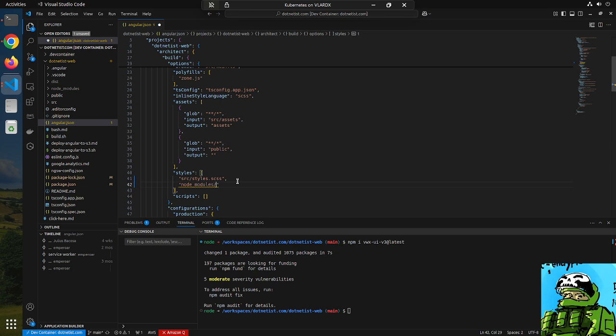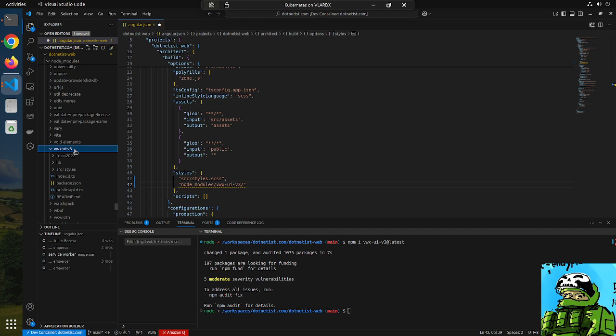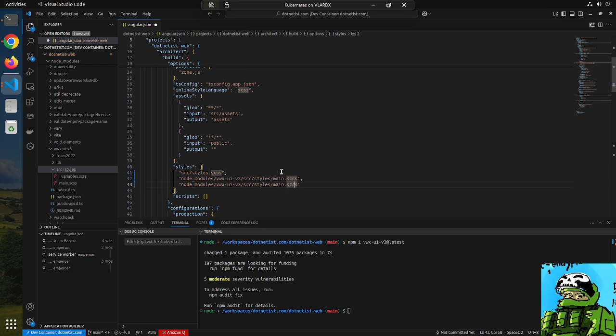Node modules dot vwx ui v3 dot slash, need to find this, vwx ui v3, src, src, styles main dot scss, and the other one is